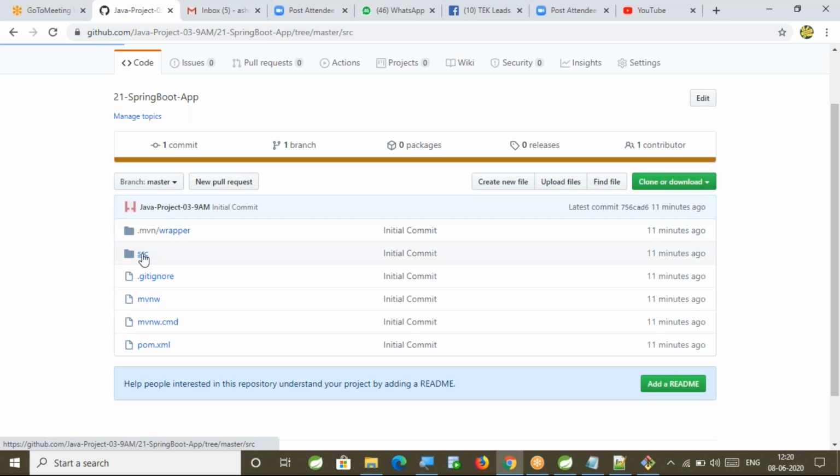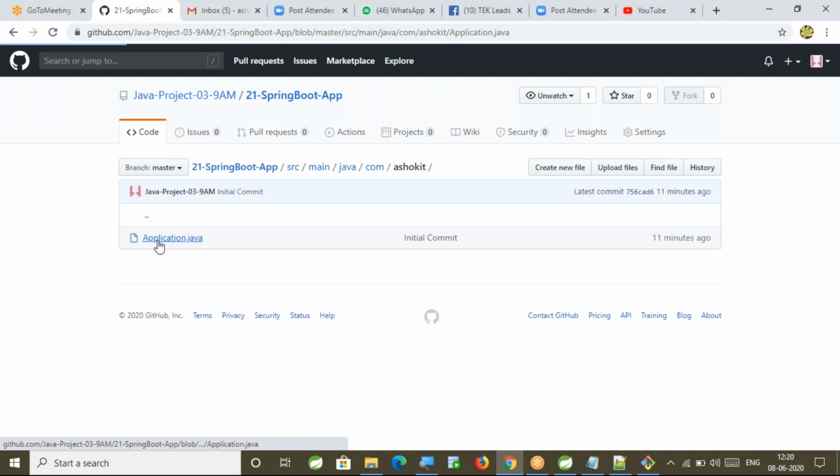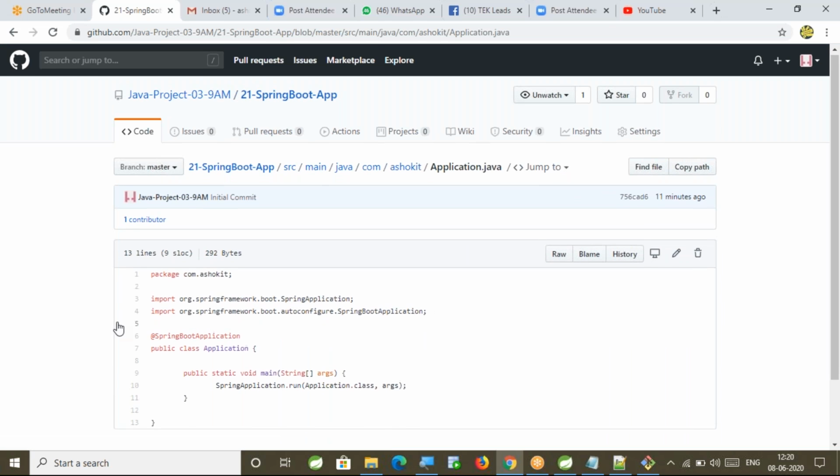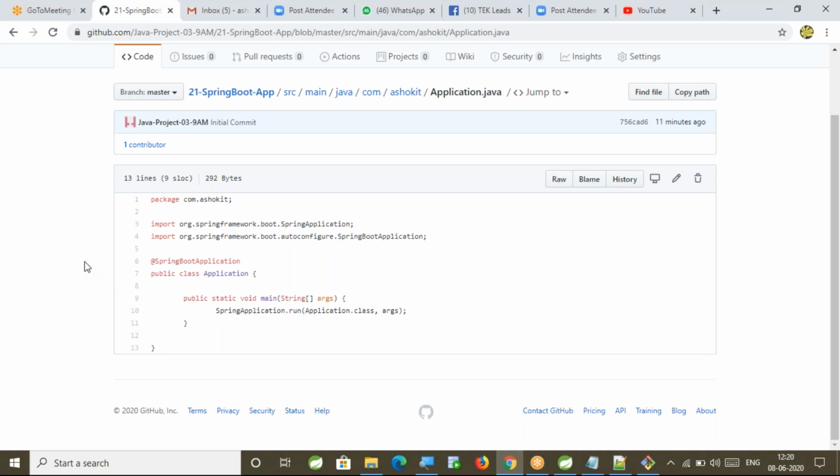Go to the src folder, main folder, Ashok IT, application.java. Here we get the Spring Boot main class. Currently the old file is available.